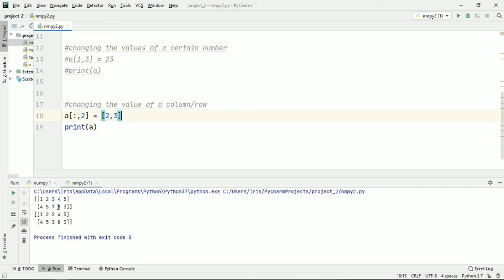Indexing is pretty simple and is considered to be a fundamental topic for understanding arrays. So I assure you that you must understand the topic very well. Feel free to watch the explanation again if you are stuck on any part, and if you need any suggestions or doubts you've got, just place them down in the comment section.